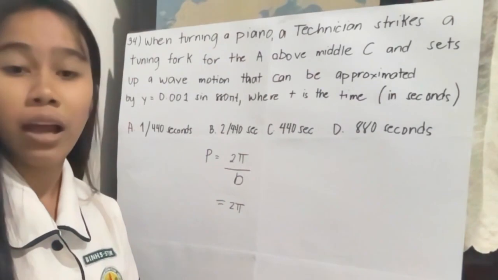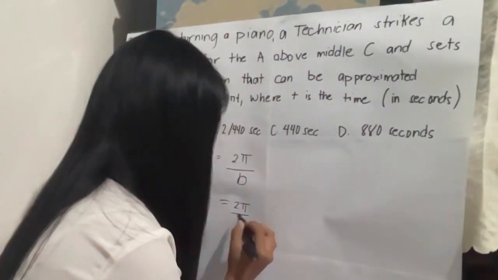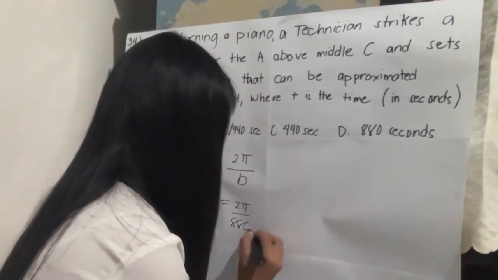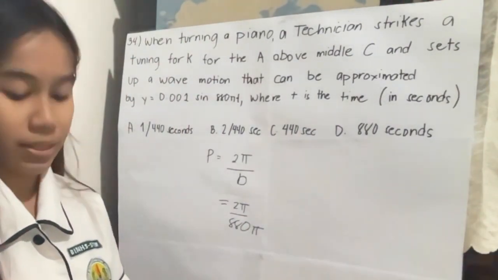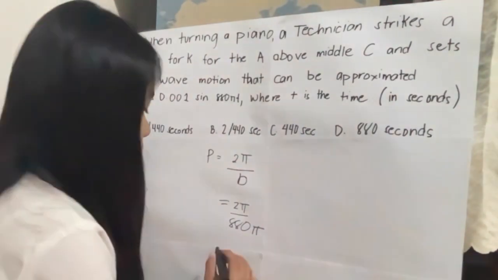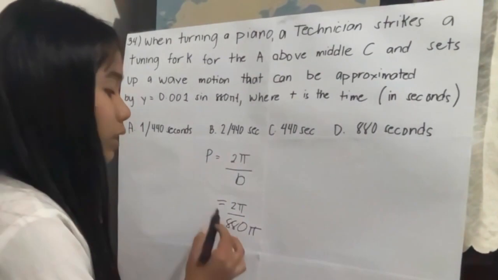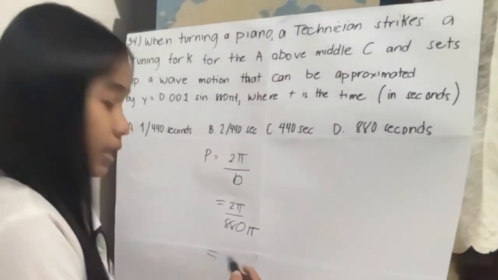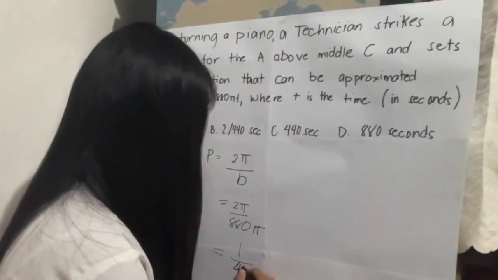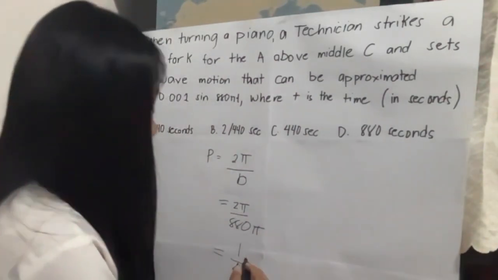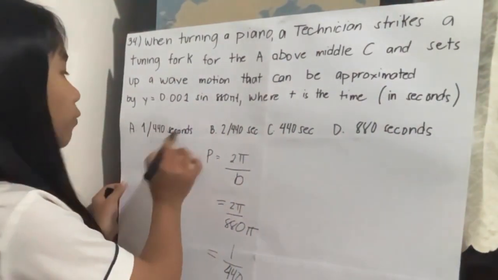Substituting the given angular frequency, 880 pi, into the formula, 2 pi divided by 880 pi is 1 over 440. And the answer to this question is letter A,